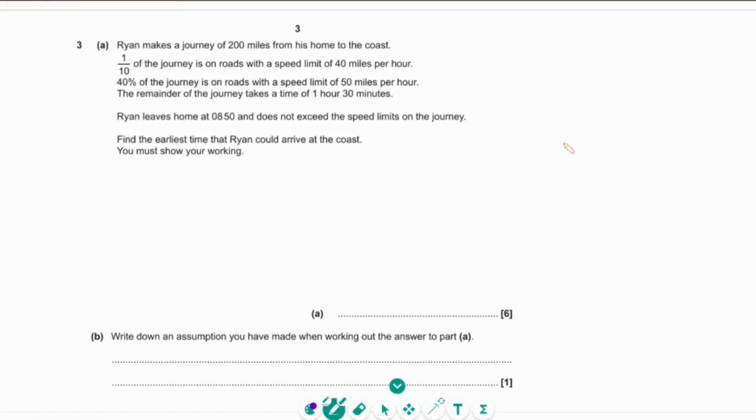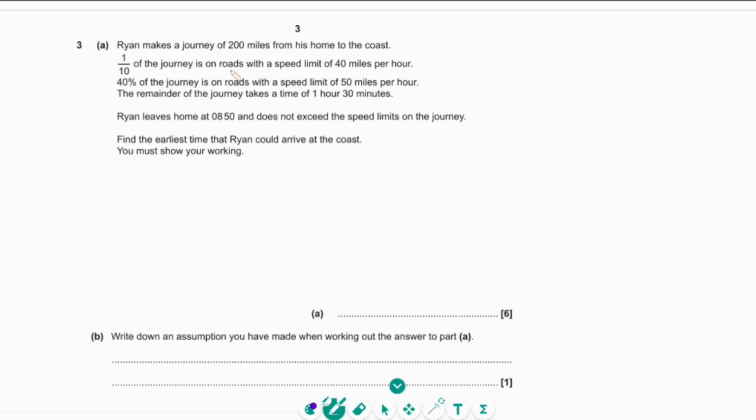Ryan makes a journey of 200 miles from his home to the coast. 1/10 of the journey is on roads with a speed limit of 40 miles per hour. 40% of the journey is on roads with a speed limit of 50 miles per hour. The remainder of the journey takes 1 hour, 30 minutes. Ryan leaves home at 8:50 and does not exceed the speed limits on the journey. Find the earliest time that Ryan could arrive at the coast. Right, so